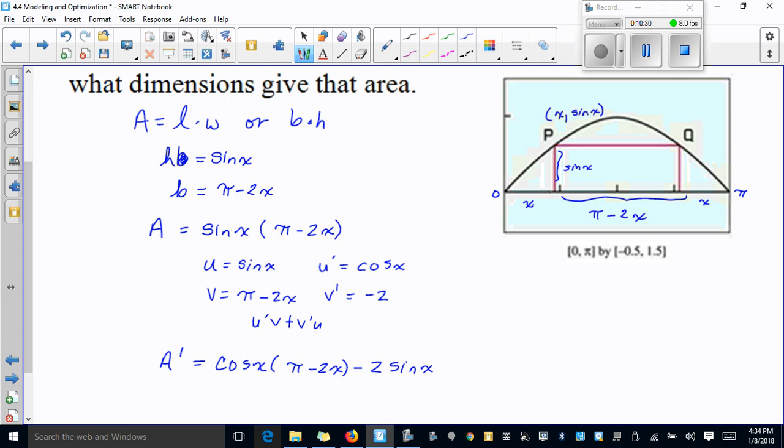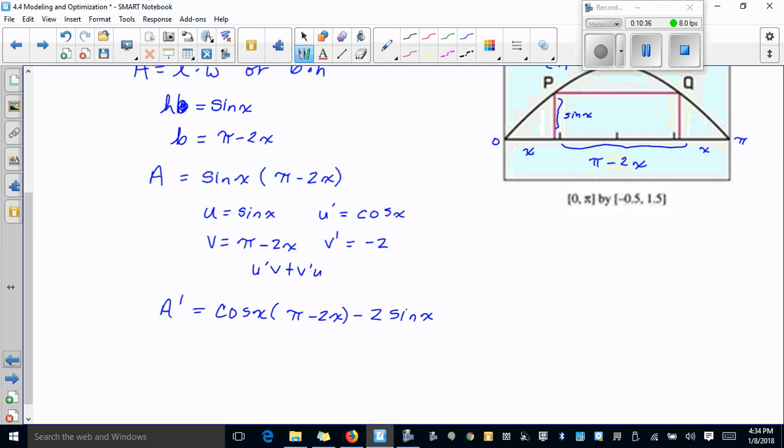Now, we can play with this problem a whole lot more, but you might as well just throw this into the calculator and go from there. We're still trying to find the value of x. To maximize this, we take our derivative and set it equal to 0. So we have cosine of x times pi minus 2x, minus 2 sine of x,